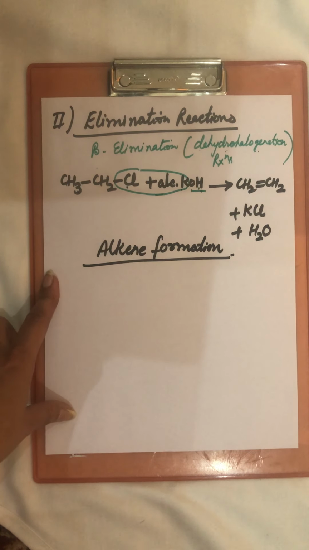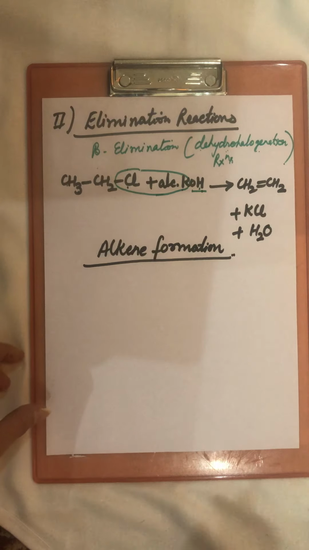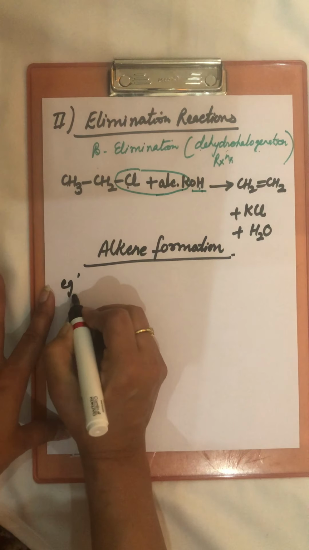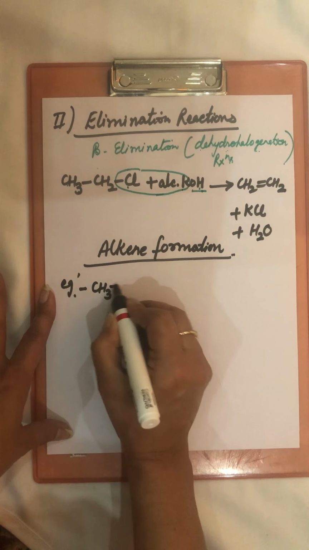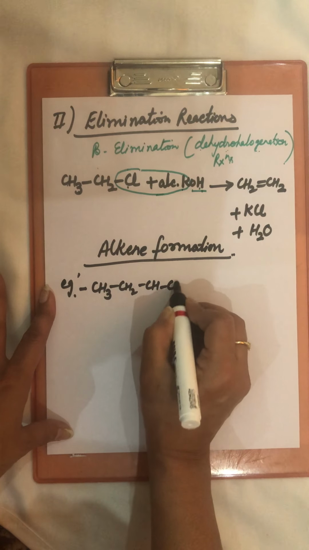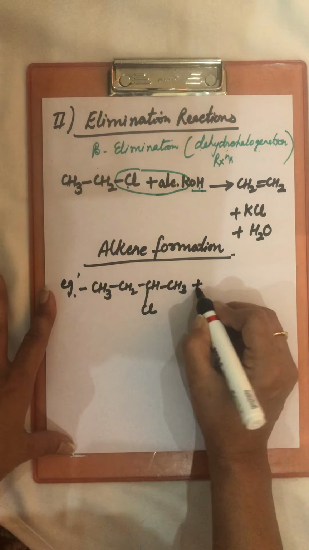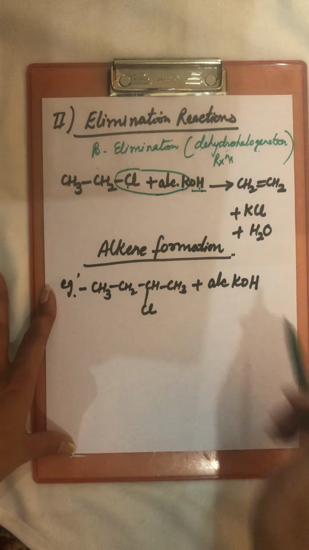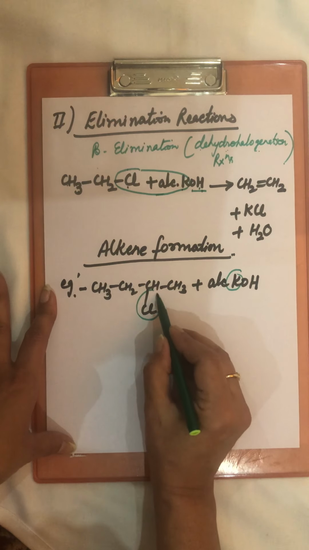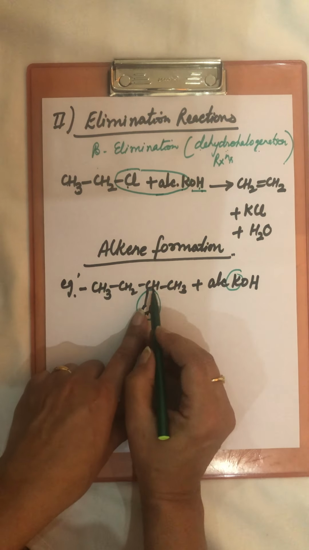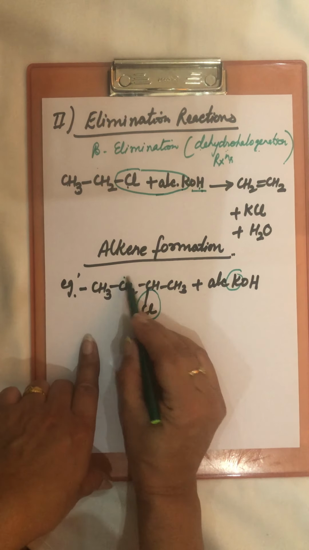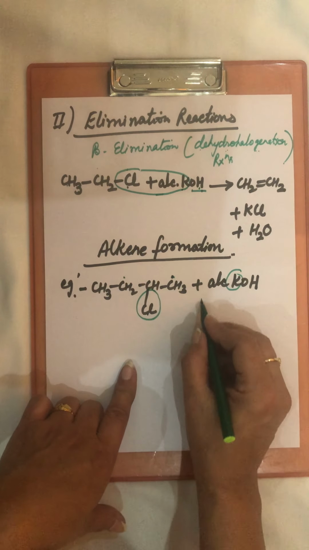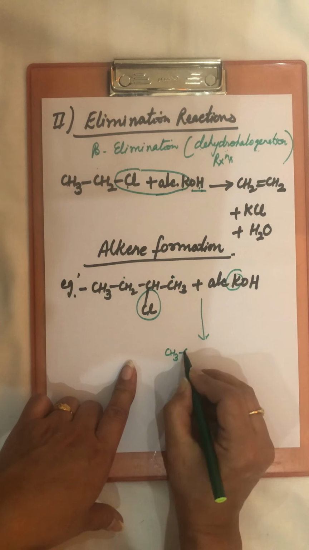But if there is a possibility of formation of more than one product, more than one alkene, then which one is the major alkene? Example, if we take this haloalkane and react it with alcoholic KOH, then this K removes this Cl. From this carbon, Cl comes out. And the adjacent carbons of this carbon are this carbon and this carbon also. So hydrogen will come out from which side? From both sides. We are getting the product.